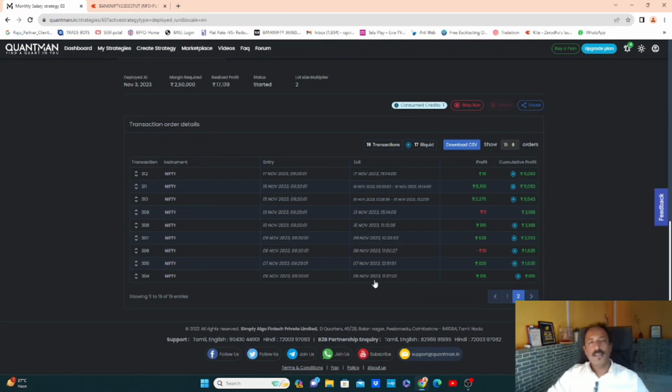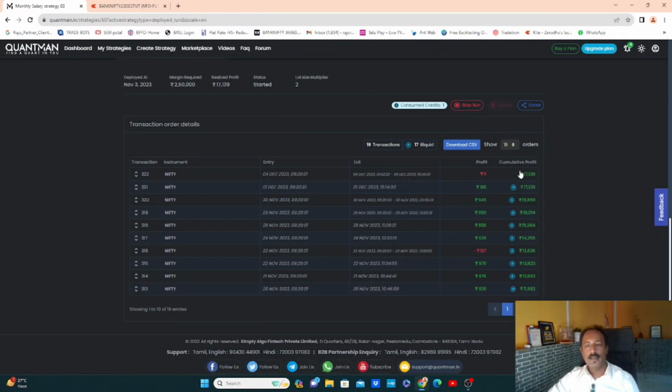Sometimes, whenever I feel it is a sideways movement, by understanding the open interest and all, I leave it. You can see here I have kept it for 315 as well, where I have earned 5,000, 2,000 kind of return. So if you see from November 16th how it has been performing every day, once it is 800, 900 rupees, I have exited, and till now it has accumulated 17,000.